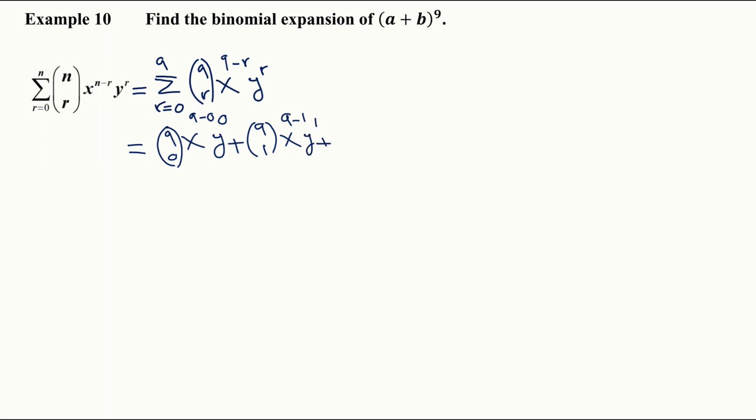The next one will be plus 9 choose 2, x to the 9 minus 2. We're running the value of r equals 2, right? And then y to the r, which is 2, plus 9 choose 3, x to the 9 minus 3, and then y cubed,